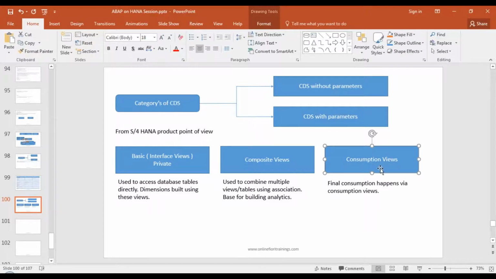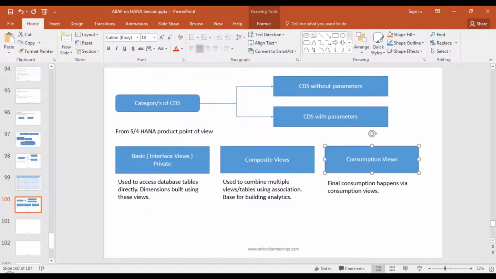You have a consumption view which hides the entire complexity behind the scenes, and this is also known as the facade design pattern. If you take any architecture course in your life, you will see one design pattern called facade. Facade is nothing but hiding the entire software complexity behind the scenes, creating a facade class which gives you access to all the major operations.